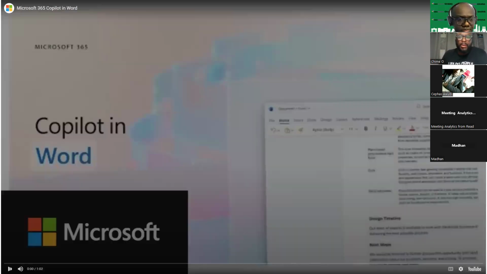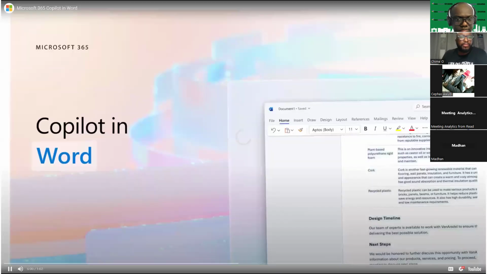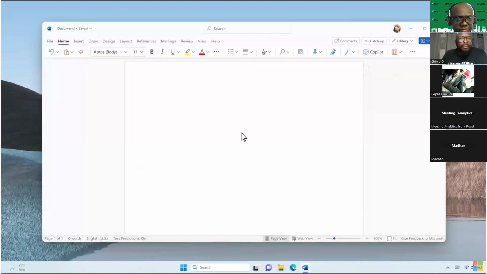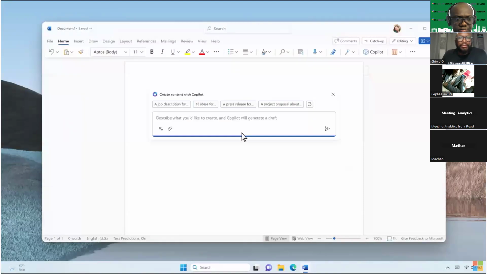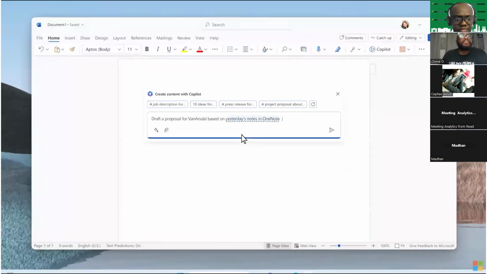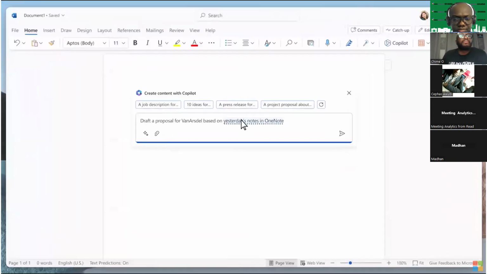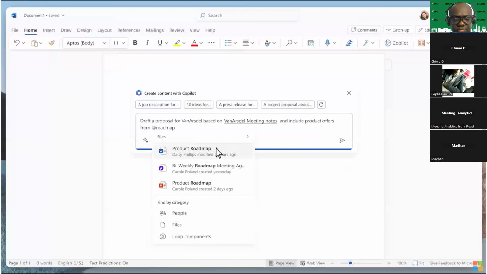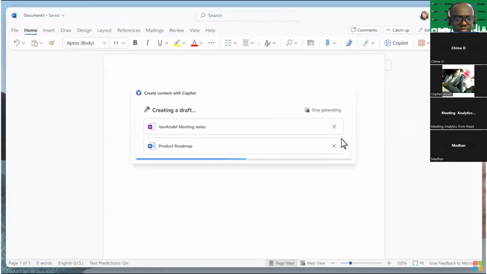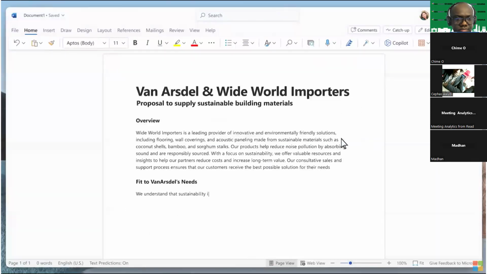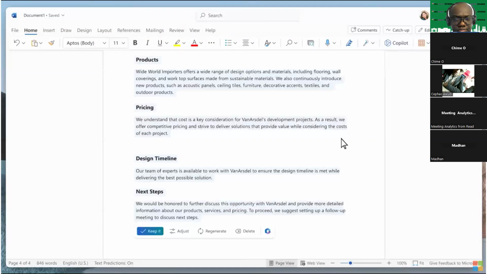Copilot in Microsoft 365 can help you unleash creativity at work. Imagine you need to create a rock-solid proposal to win the business, and you don't have time for writer's block. You can use Copilot to draft a proposal based on your customer notes in OneNote, as well as another internal document. Copilot scans the target files and gets to work, quickly generating the first draft with all key details from the files you provided.